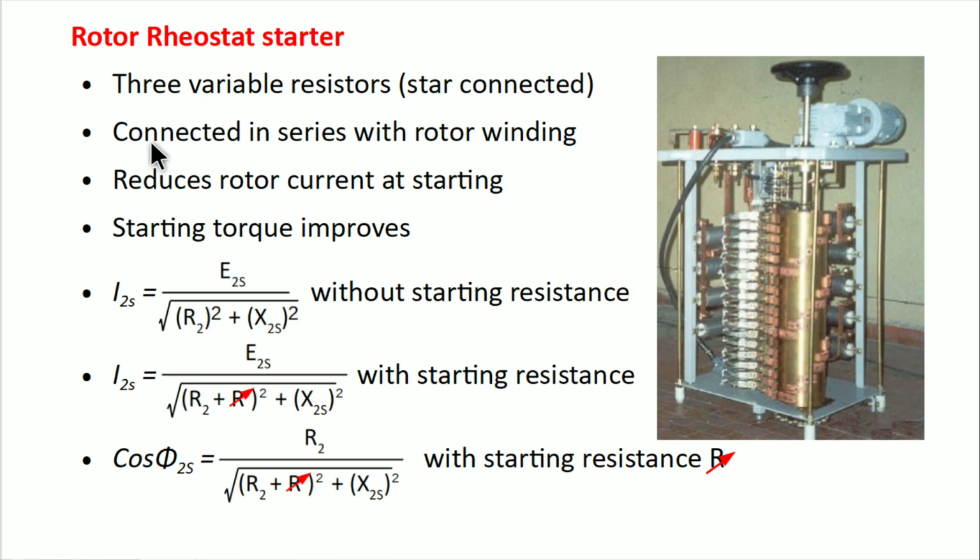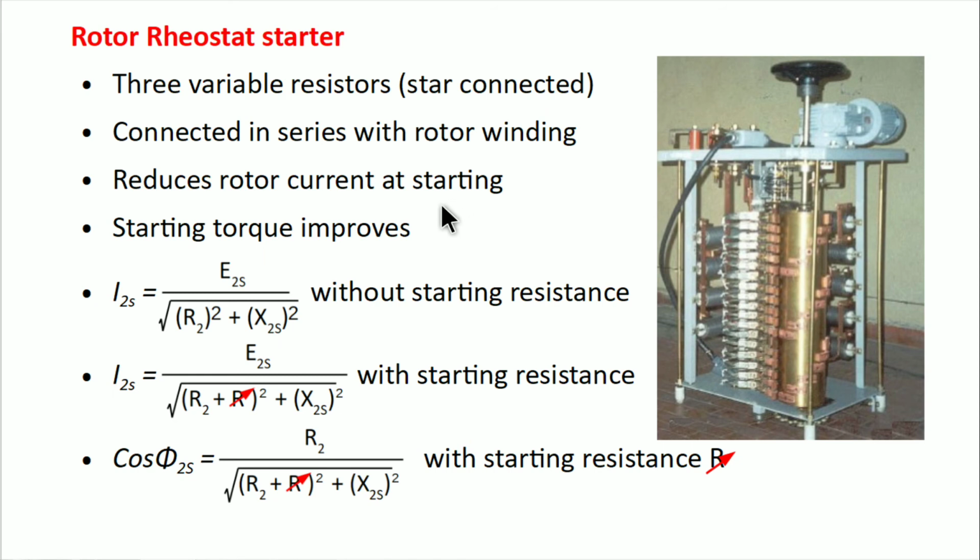So three-phase rotor windings are connected in series with the rotor rheostat, which is shown here. This is variable. This handle can vary the resistance of three-phase star connected variable resistance. This can be connected to the rotor windings through slip rings, and which reduces the rotor current as the rotor resistance is increased by inserting this